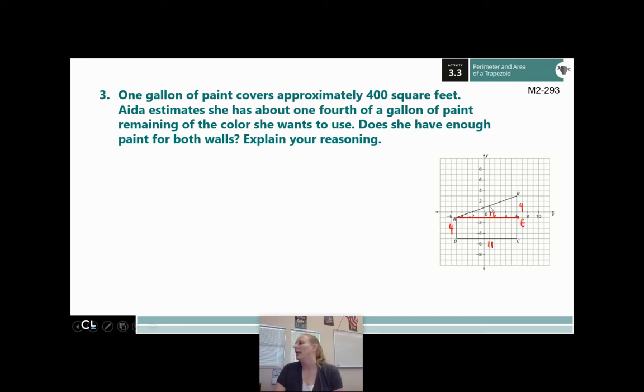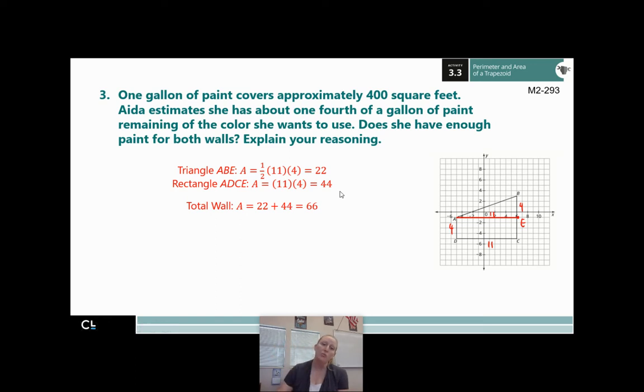So triangle ABE, well, area of a triangle is 1/2 base times height. So 1/2, 11 times 4, which means I end up with 22. You know how to find the area of a rectangle. So if I want to find the area of rectangle ADCE, find base times height. So I'll just do 11 times 4, which gives me 44. And that means my entire wall, if I add those two pieces back together again, my entire wall is 66